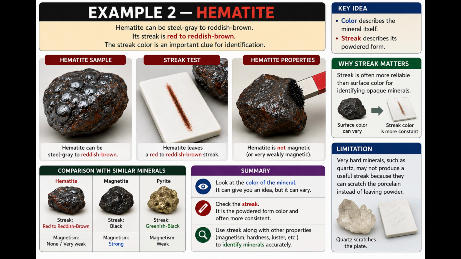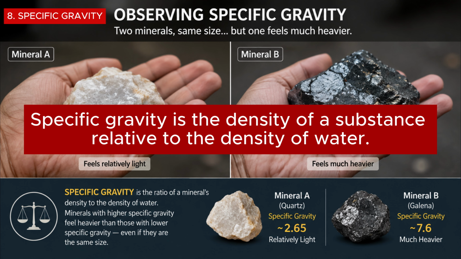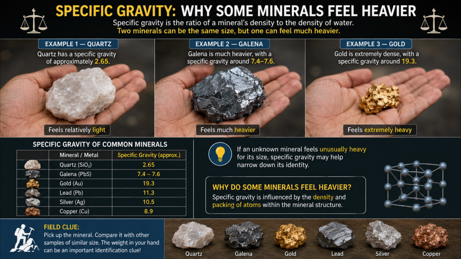powder. The other one, number 8, is specific gravity. Now imagine you have two mineral samples that are about the same size. You pick up one, then you pick up the other. Suddenly you notice, whoa, this is much heavier or this is much lighter. This observation is related to specific gravity. Specific gravity is the density of a substance relative to the density of water. For example, if a mineral has specific gravity 2.5, it is 2.5 times denser